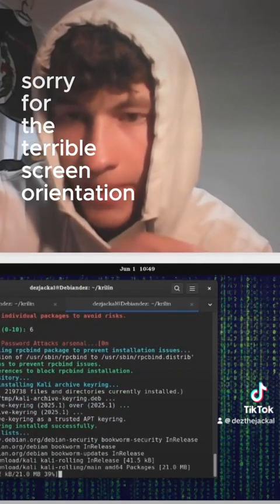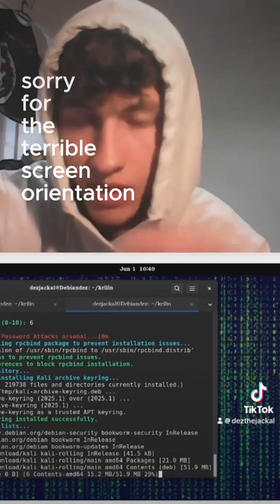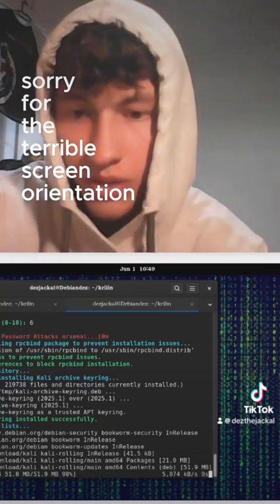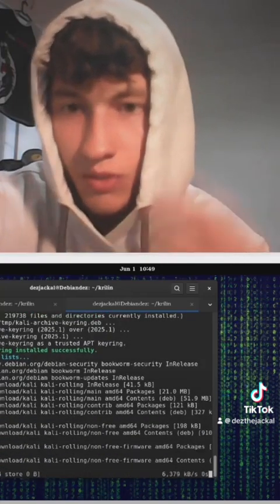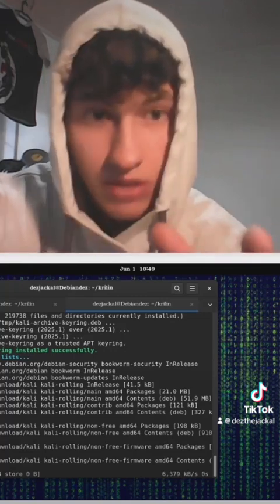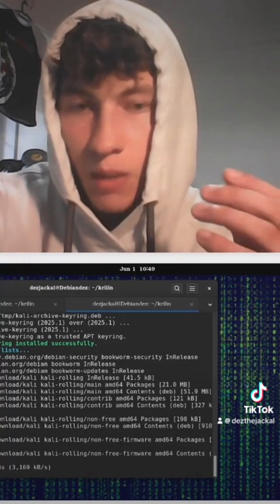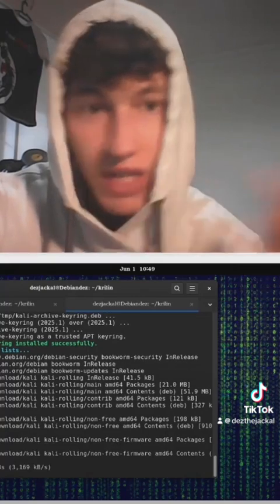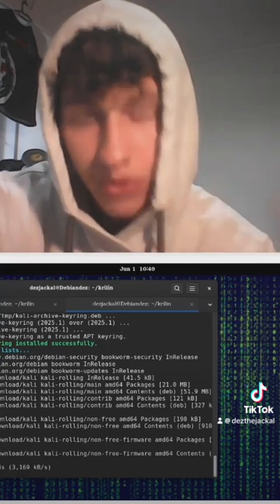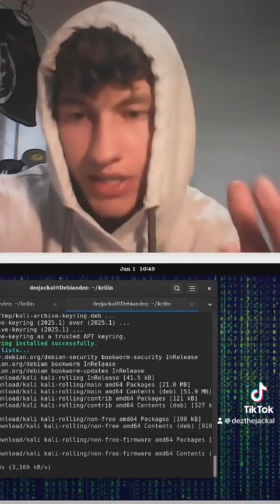Okay, although I'm still on Debian, this is basically what the tool does. It gives you the ability to use Kali Linux tools on actual other distributions. So for example, let's say I'm using Debian, which is really good, and not only that, but it's actually a very lightweight system. It runs on anything basically. So I can basically use the Kali tools without having the amount of bloat that Kali actually has.